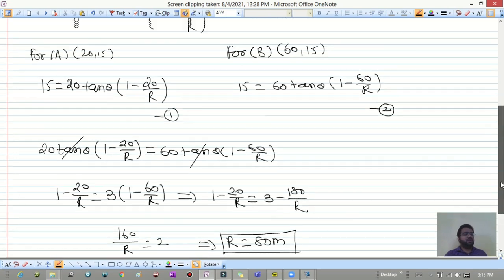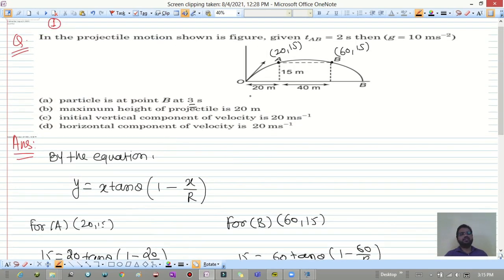Now once we got this range, the total range we have is 80 meter. Now can we calculate this distance? Tell me. Yes. So this is x supposed to be, so x plus 40 plus 20 must be equal to 80. So what is the value of x? It must be 20 meter. So I hope this is clear.